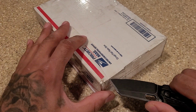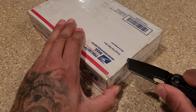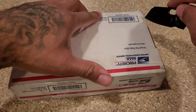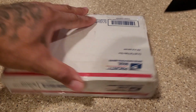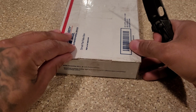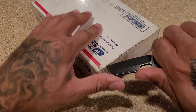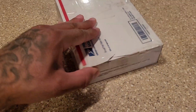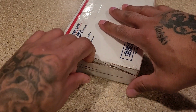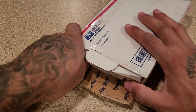So this is a new, to me, like I said, knife maker I found on Instagram. And he's doing some steels. All right, I know that was really shitty, but he's doing some steels in Magnacut, which I was interested in,